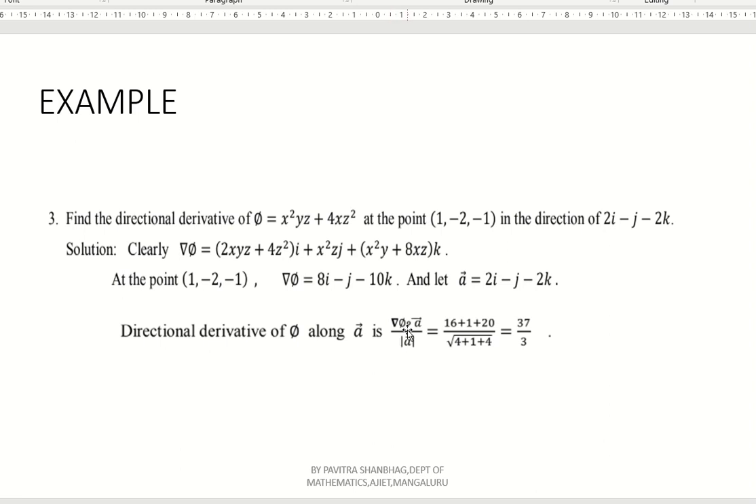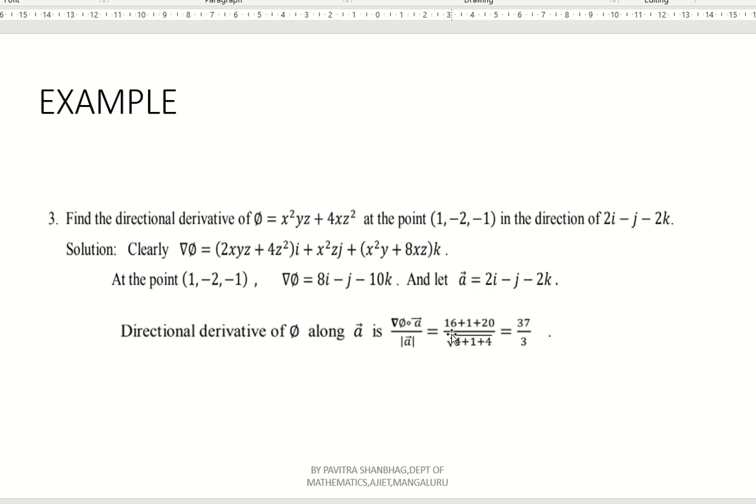Or del phi dot n cap. What is n cap? n cap is nothing but the given direction divided by the magnitude of that direction. So del phi dot vector a by magnitude of that. What you will get here: just multiply 8i dot 2i, that is 8 into 2,